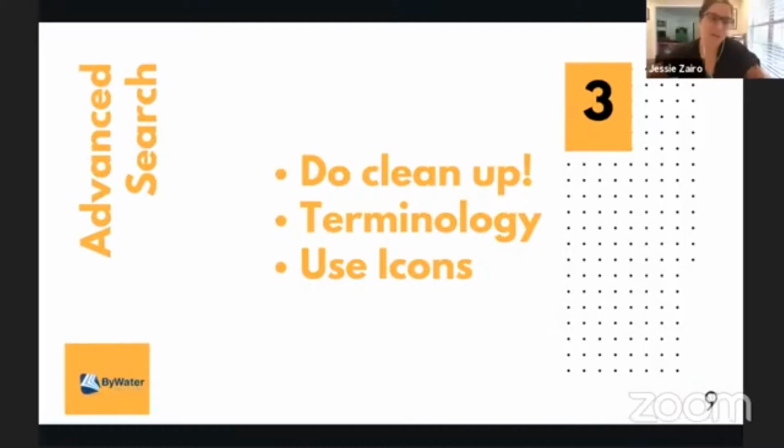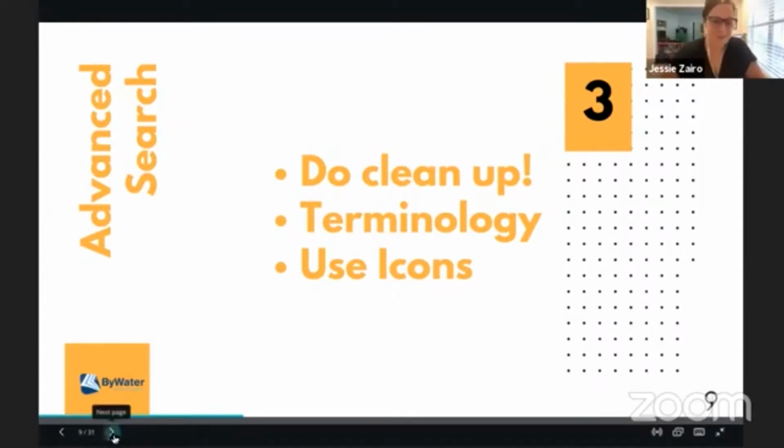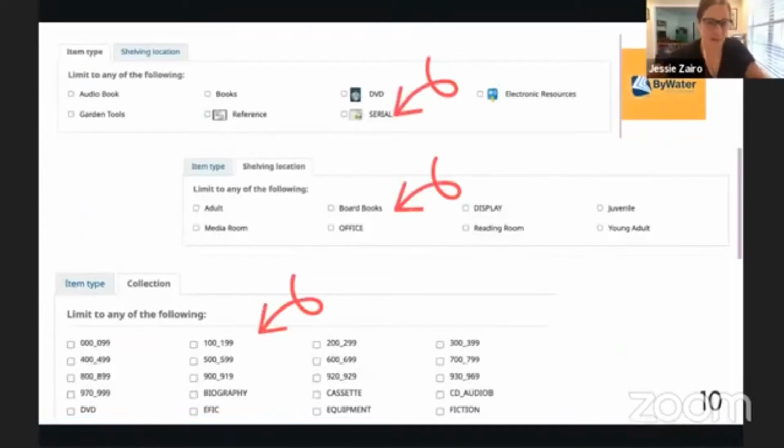Okay, the next one we're going to talk about is the advanced search, and just doing some easy, simple little things that can make it easy for them to find what they're looking for. You know, using icons, cleaning up so they don't see repetitive information, and just giving them a clean interface. And again, Kelly put some really great examples in here. We went through some of our libraries and looked at some different examples, and she pulled together some great ones